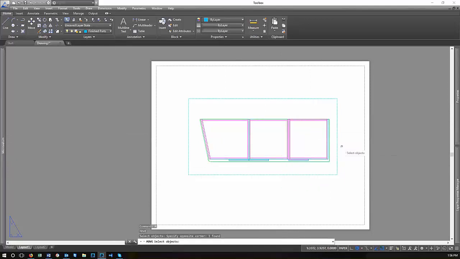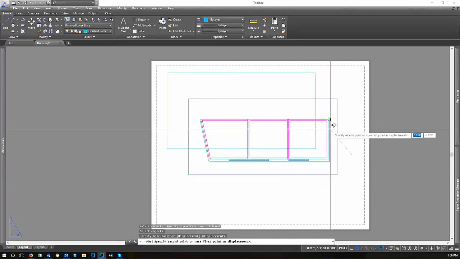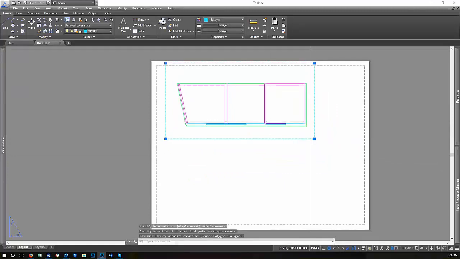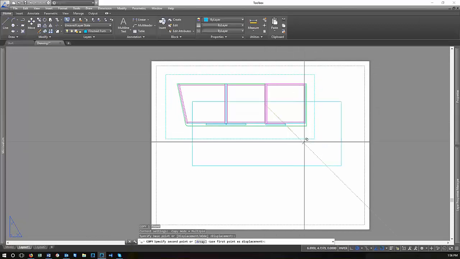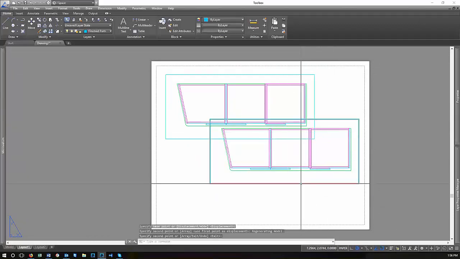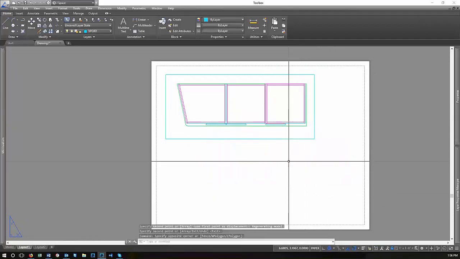So the nice thing about viewports is that you can have multiple viewports on any page. So we'll just move that viewport out of the way. You can copy an existing viewport, no issue with that. So you can just copy, paste, and now you've got 2 copies of that exact same thing. Or